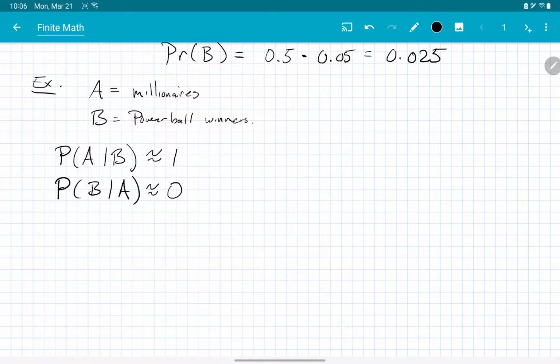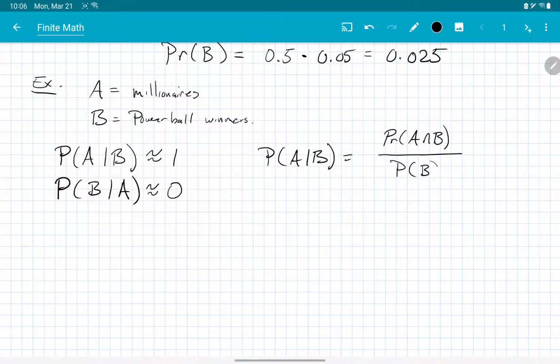And if you recall, let me write the formula for finding a probability of A given B. This is the probability of A and B, the intersection of events A and B, divided by the probability of event B. All right, that's the formula we learned on the Friday before spring break. So now let's do some example problems where we take a look at these again.